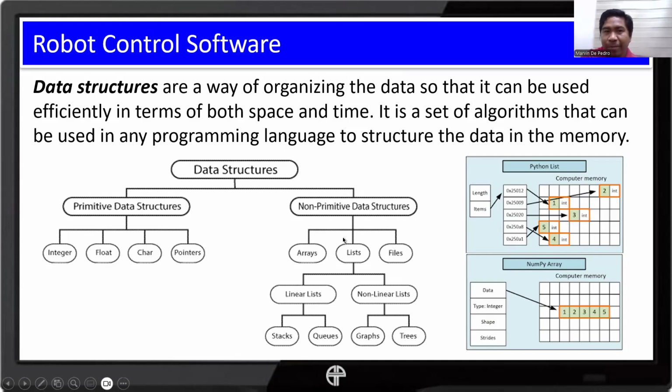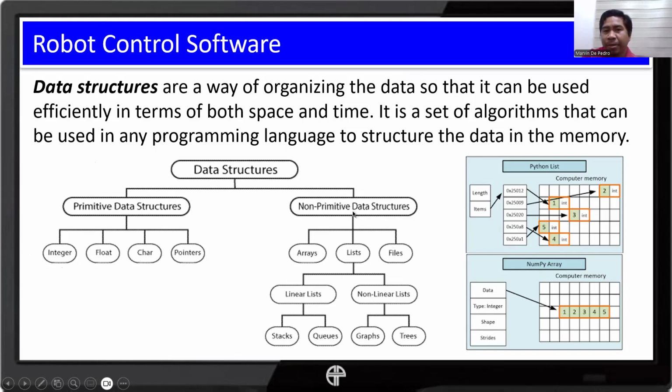So list is one of the most commonly used data structures, especially for beginners. And it is non-primitive because it's not readily available. Okay, so it is something that we build. Those that are readily available are called primitive, and common examples for them are integers, floats, characters, and pointers.